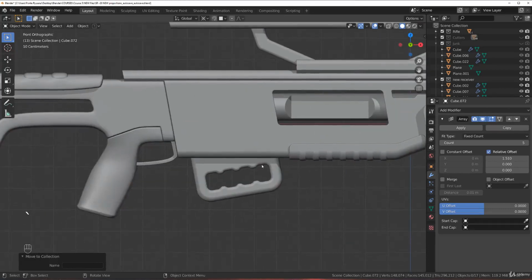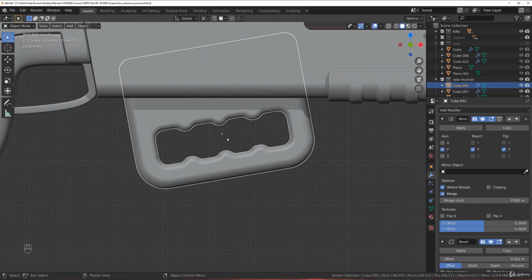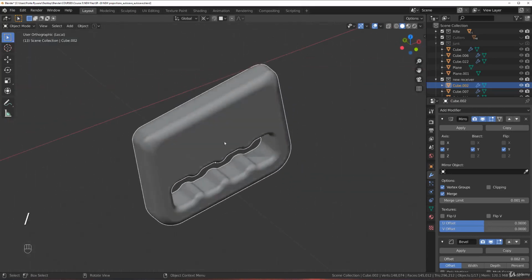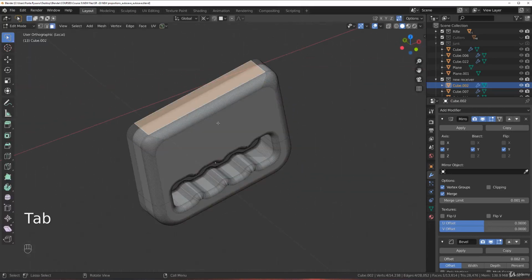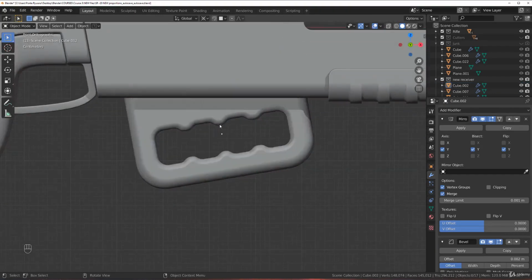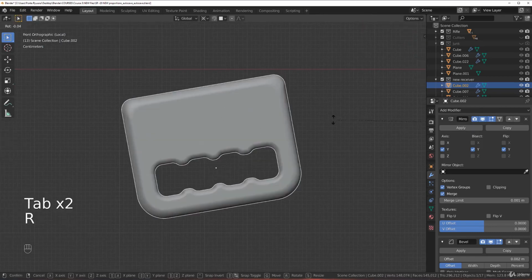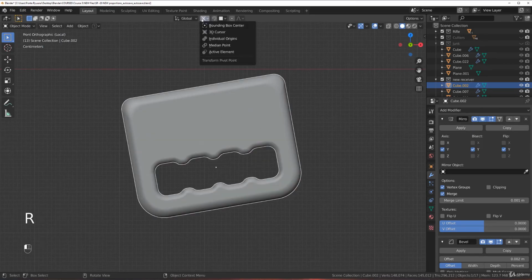So now in this part we're gonna talk about this magazine, because you know what? I don't like it. I really don't. So what we're gonna do is grab this face, right? And in fact, we're gonna keep the casing. So we're going to rotate it back to, let's go back to here, to the